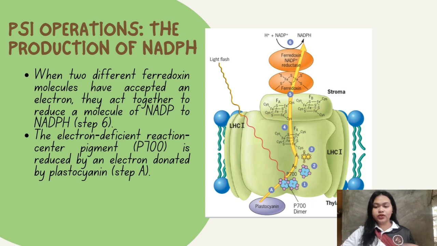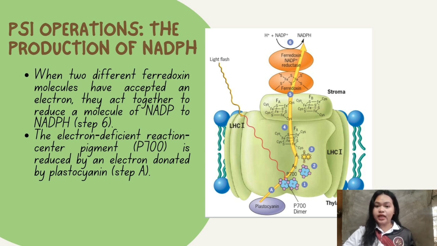So, moving on to the last part of the operations of photosystem 2 and photosystem 1 is the photosystem 1 operations wherein dito mangyayari yung production ng NADPH. So, nagsisimula yung process nun once na nakapag-absorb ng light si P700 ng photosystem 1. So, from P700 mapupunta sa A radical 0, which is a monomeric chlorophyll molecule, which is the primary electron acceptor